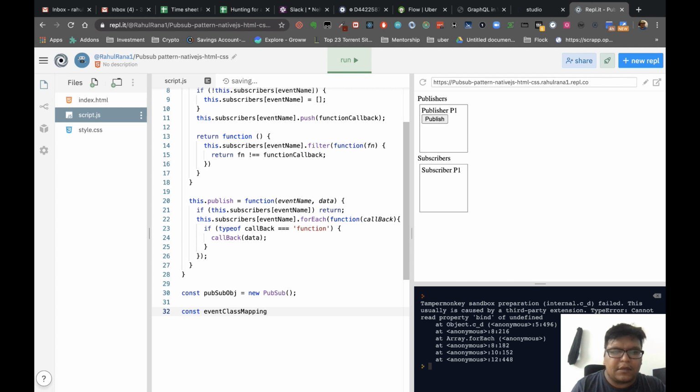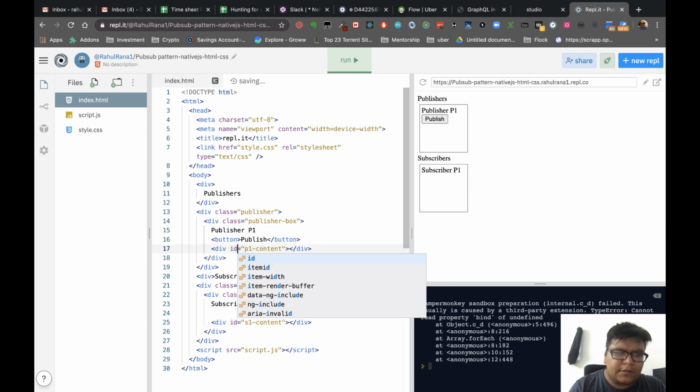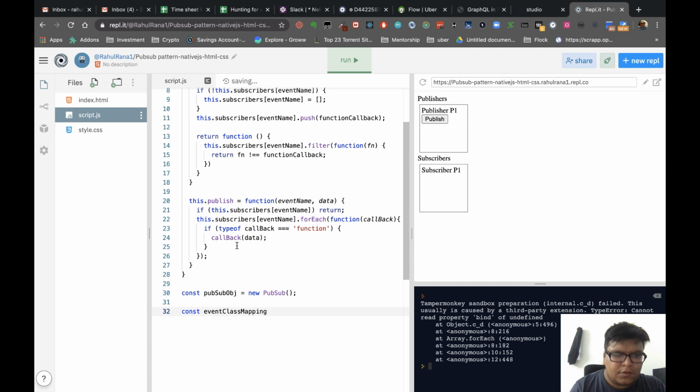So we know where we want to publish that data, right? So let's put it, actually, this is not a class, this is an id. Similarly this will be an id. So event class mapping. So here we will do different mapping.